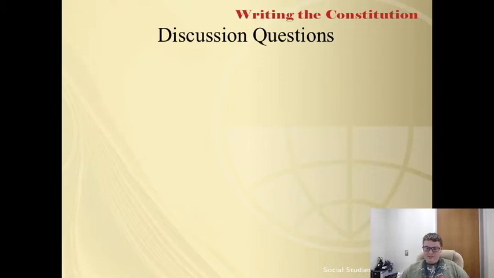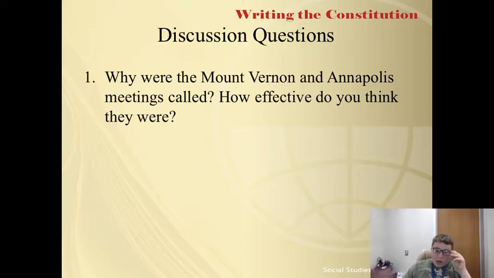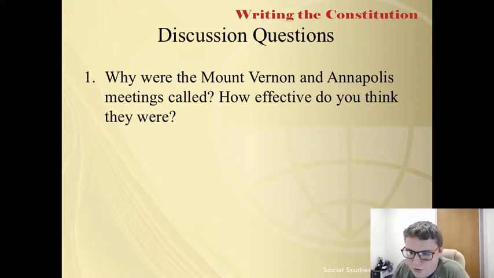Discussion questions. 1. Why were the Mount Vernon and Annapolis meetings called? How effectively do you think they were? The Mount Vernon Conference came about when George Washington invited representatives from Virginia and Maryland to visit his home in an effort to settle disputes over commercial use of the